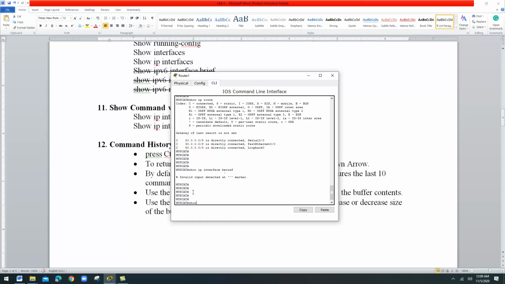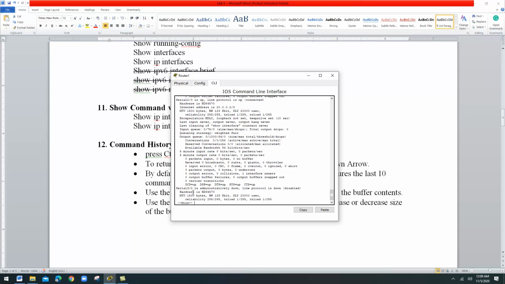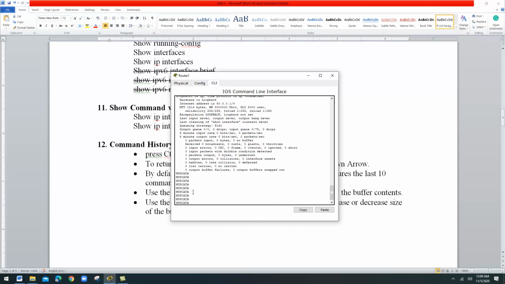Then I am going to use show interface. So different commands I am using. Now I am going to use the arrow mark. On your keyboard you can click the up arrow. If you click up arrow, you can see the commands one by one, whatever commands you typed. So this is called the history. With the up arrow and down arrow you can see all the commands you have typed. It will store the commands.